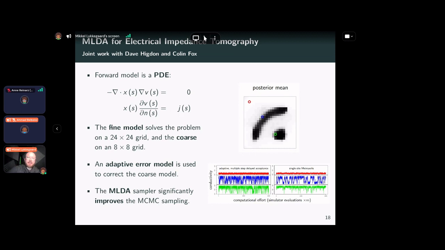In any case, the setup was that we have a fine model that's 24 by 24 and a coarse that's 8 by 8. And then we use this adaptive error model that I talked about before to correct the coarse model.